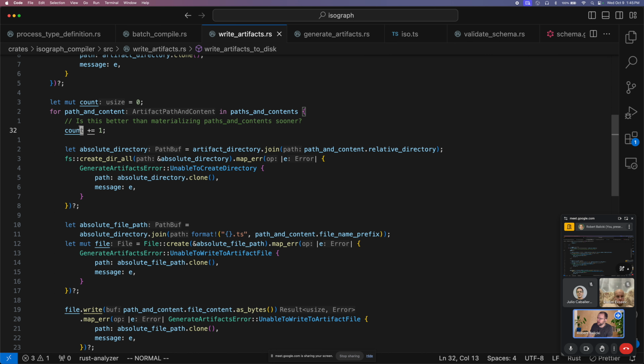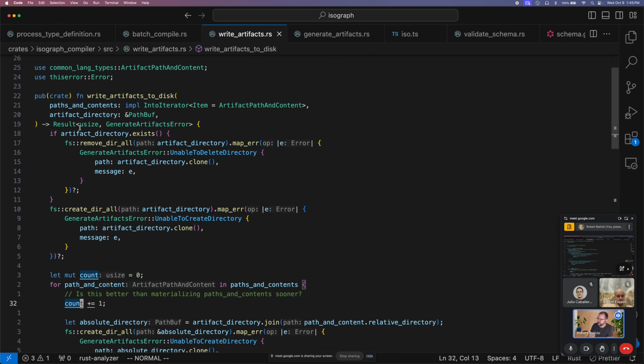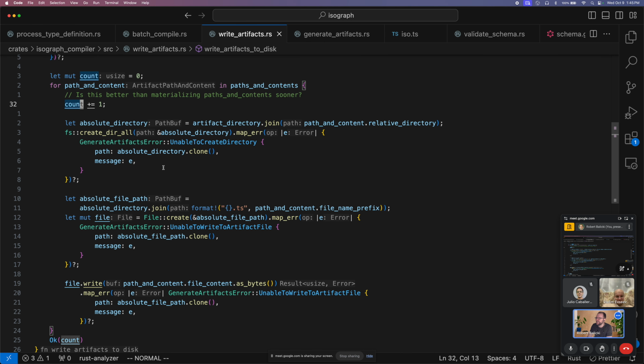keeps track of the count? Why do we not just return... oh, it's an into iterator. That's why. Okay, whatever. And then we create these files, and then